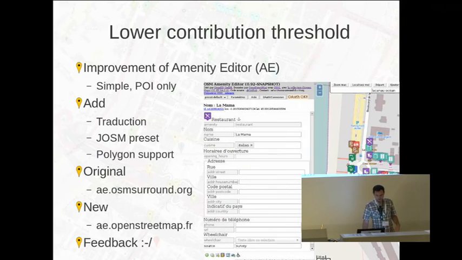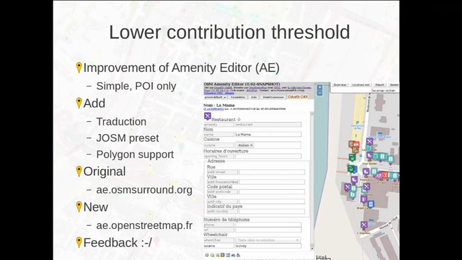The other part is about lower contribution. For this, we try to improve tools. A tool called Amenity Editor already exists. It's about editing points of interest in OpenStreetMap, just editing, just points of interest. So we try to add improvements